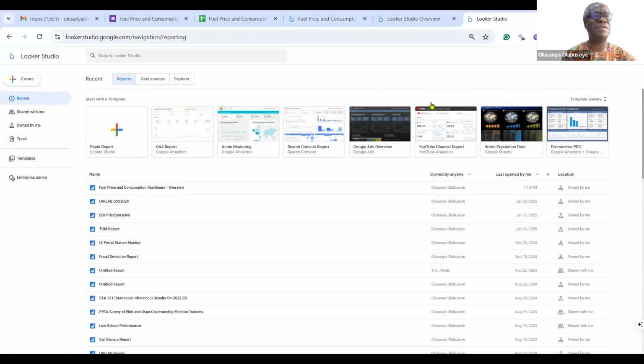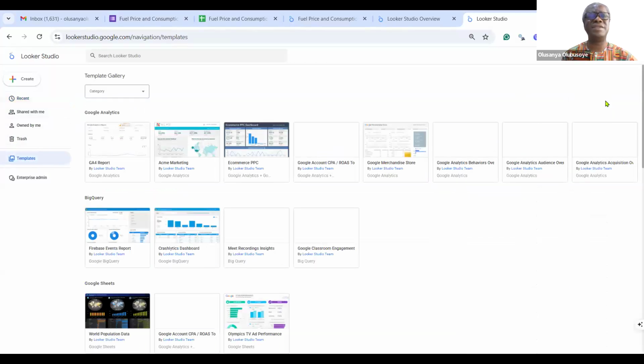You also have other resources, like here you see those that are shared with you, those that are owned by you, and those that are in your trash. You can also see templates. These are some of the templates that are displayed. You can choose any template for your design.